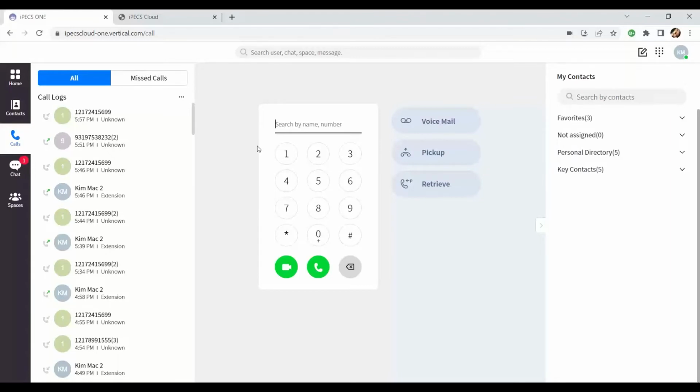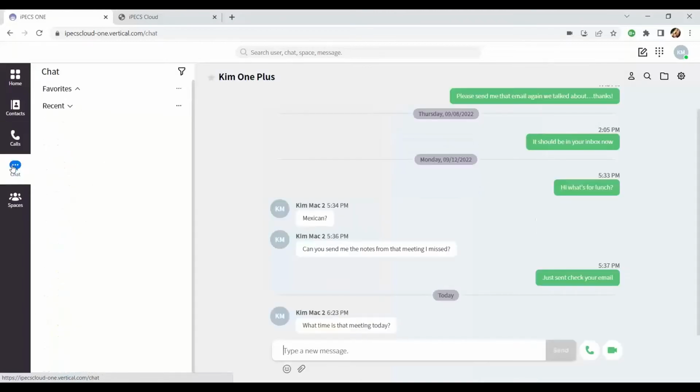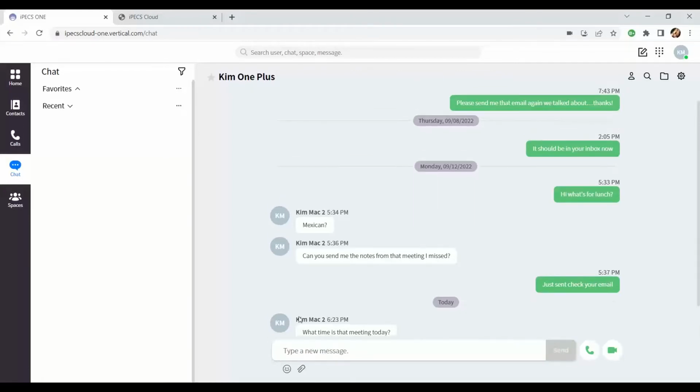I don't know if you heard that little ding dong, but that was my mobile phone alerting me that I have a text message or a chat message to review. And I can see that I have an indication on my screen as well that I have one chat to read. So I'm going to click on chat, and this opens up to show me that the message that came from my second phone said, what time's that meeting today? I can answer the question and hit send,